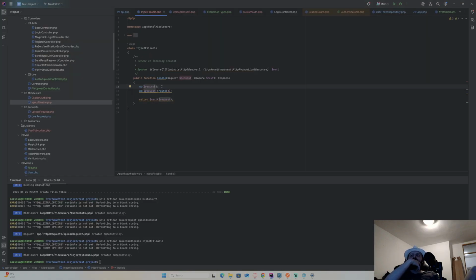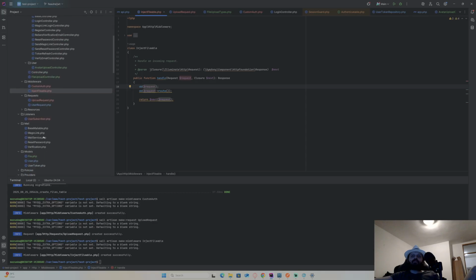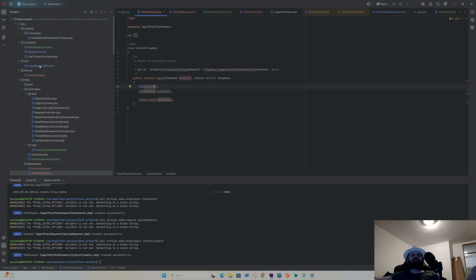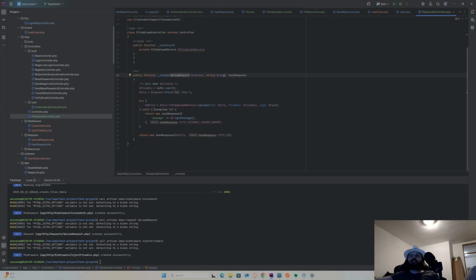So basically it has to mention which controller is going to resolve this, and this has to be mentioned on which parameters need to be injected. Let me just go to the controller. I'm going to add two more things into my controller first. So let's go to my file upload controller, string type, and here I'll also inject the model here, and I'm going to call it